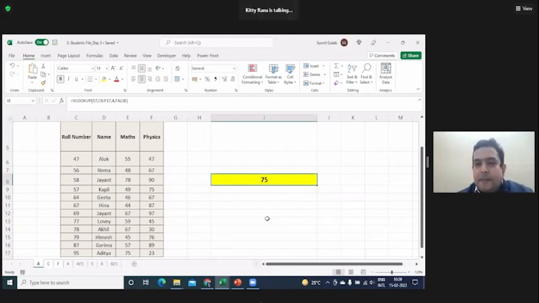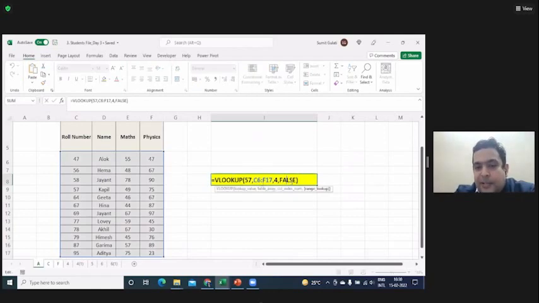Also, sir, along with roll number 57, if I want 3 other roll numbers' data for the same subject? See, 3 other roll numbers' data cannot be retrieved in one go. They won't come with commas here. One by one you can do it. I'll tell you how. Actually, using Excel like this is not a very good way.